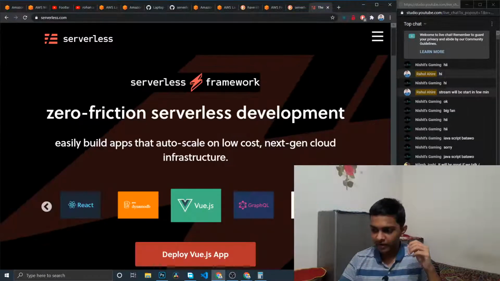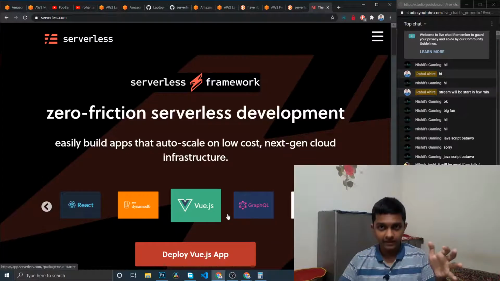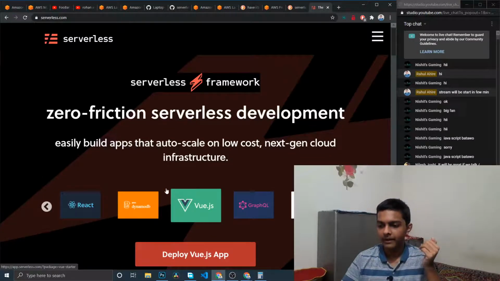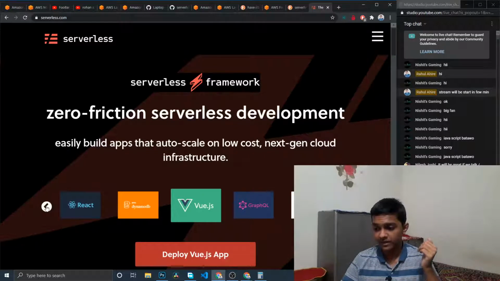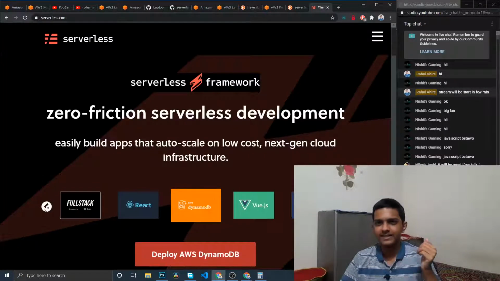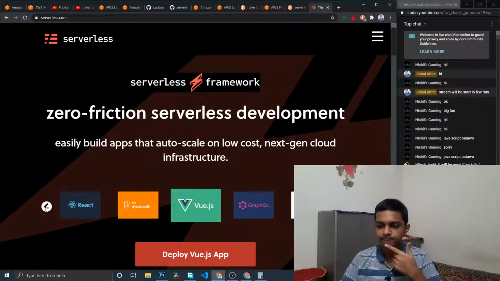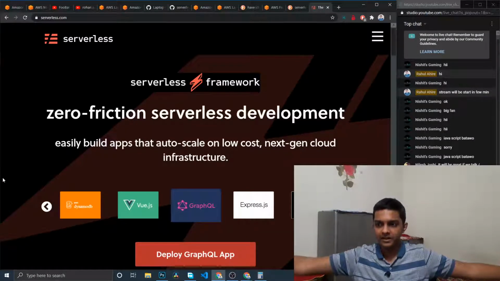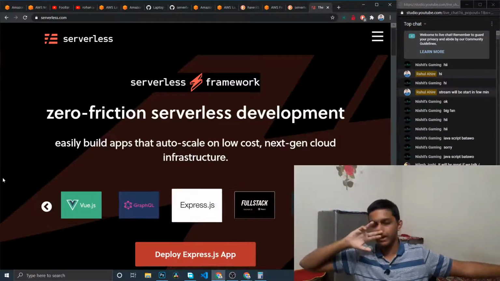For now, the problem is that I'm not currently an expert in it. I terribly suck at all this AWS stuff, but I really hope that I'm starting to get a quite good gist of it. Earlier it was like, I don't understand anything. Where is the API Gateway? Where is the Express API? How can I deploy it?